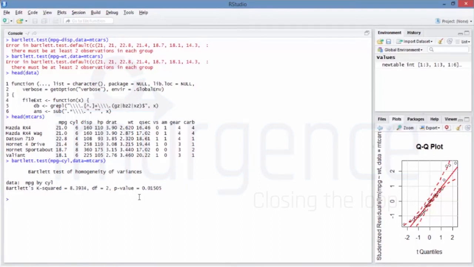So in ANOVA, you are basically trying to test whether the observations are independent. The observations in a group should be independent, meaning that the groups consist of different individuals, not the same individuals measured twice or specifically matched individuals. So in the dataset, the study was conducted on 50 different individuals, hence the observations are independent.